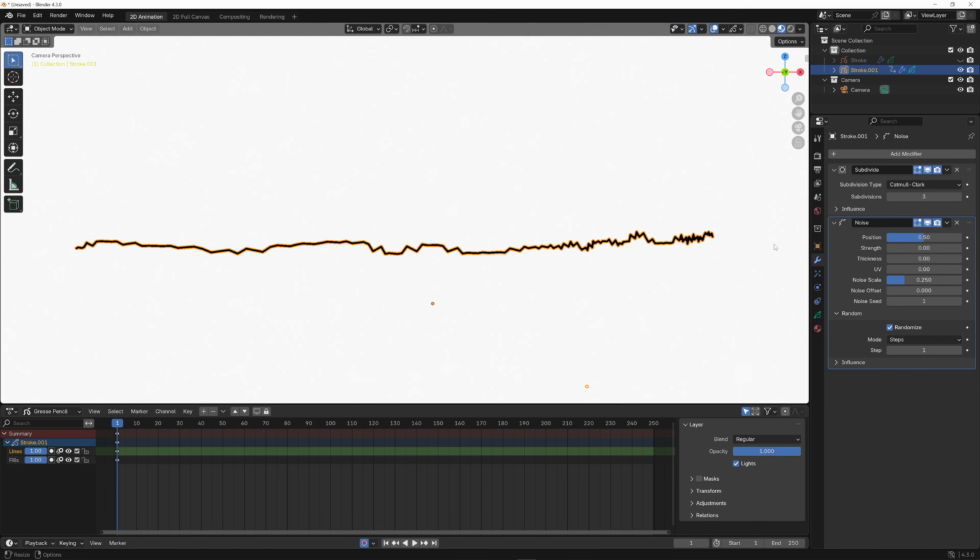But it's really, really jagged. And you can see the movement in mine was just kind of vibrating. So I'm going to turn position down to 0.05 and hit play. And I'm going to click into the viewport to unselect this. So we want to look at it with the yellow outline.